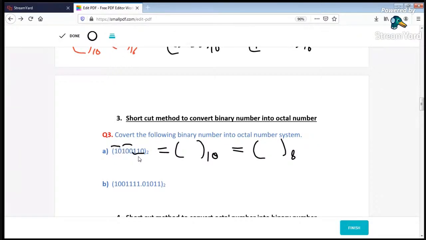So if you see from this side, 110 in decimal value will be 6. 100 is known as 4. And this is 2 bits, 10. If you pad an extra 0 on the left side, the magnitude is not going to be affected. So this 010 is known as 2. So if we convert this binary into octal, our answer will be 246 in base 8. So this will be the final answer of this problem. So always remember, make a group of 3 bits whenever you are converting a binary number into octal.